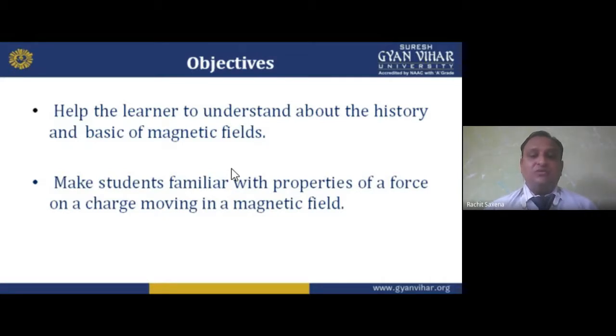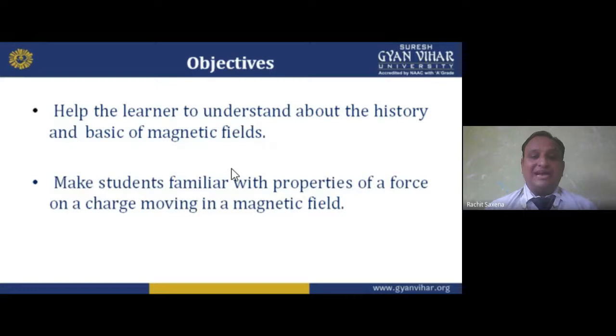Nowadays we are saying that the generation of corona was from China. Why are you saying this? Because history says that in a laboratory in China, that type of virus was created, invented. That is why we are seeing this. So history is very necessary. It helps the learner to understand the history and basics of magnetic fields.